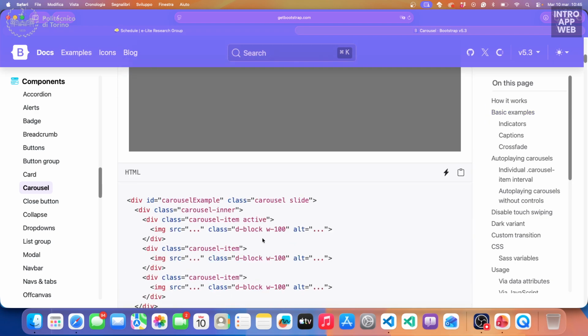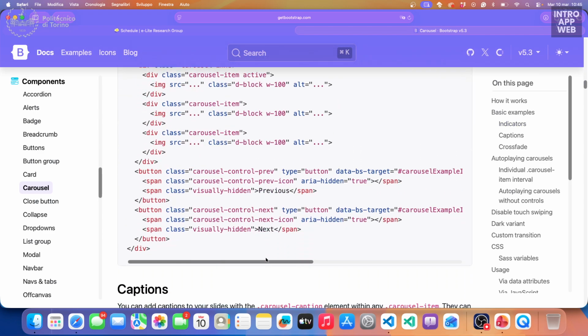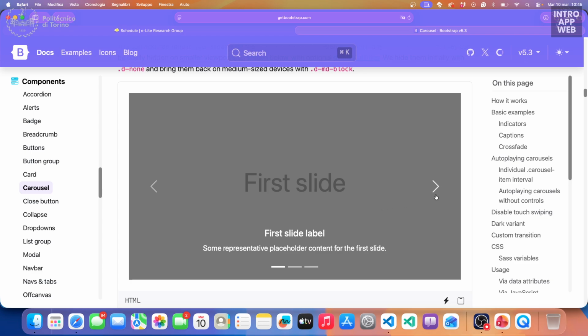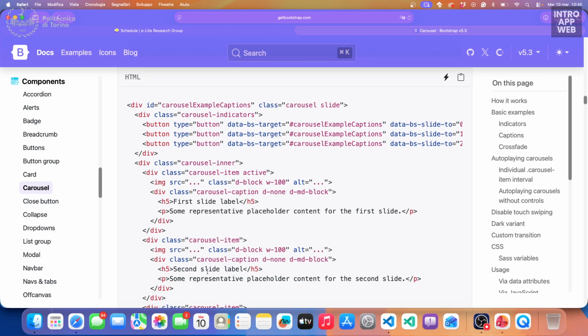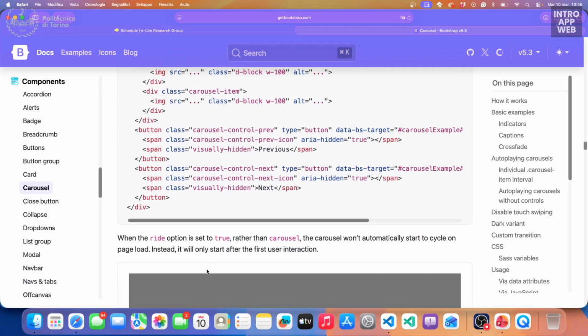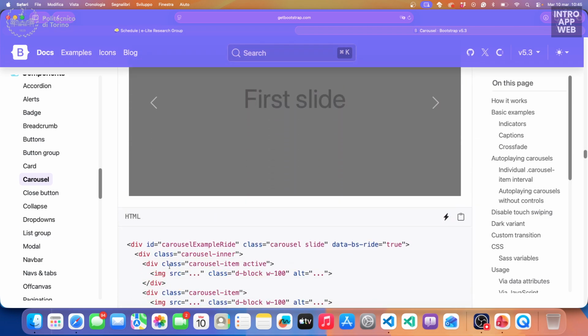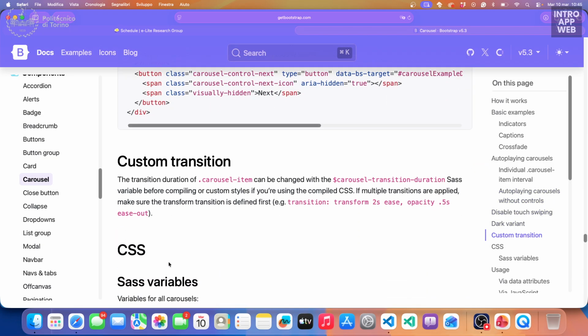So it's basically built with this component. It might have captions. Okay. So it's basically pretty similar in all of the cases, but